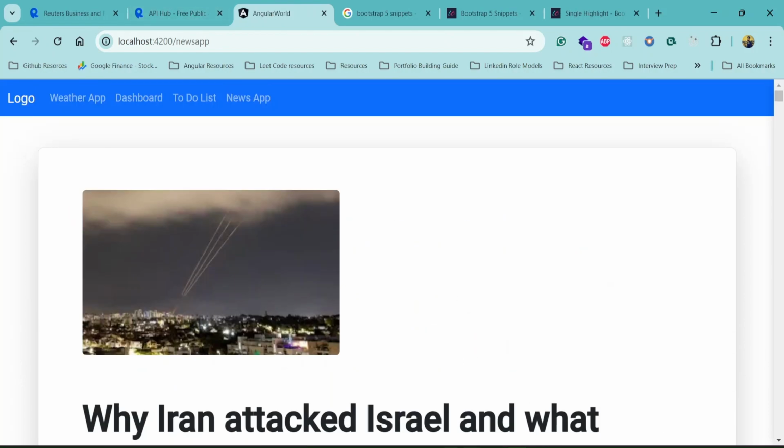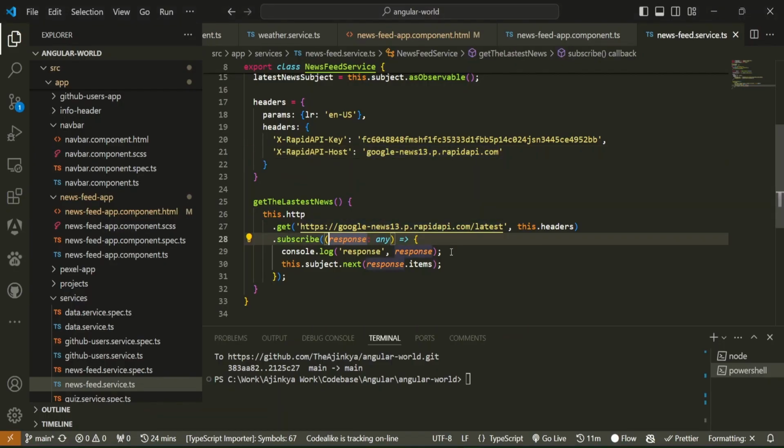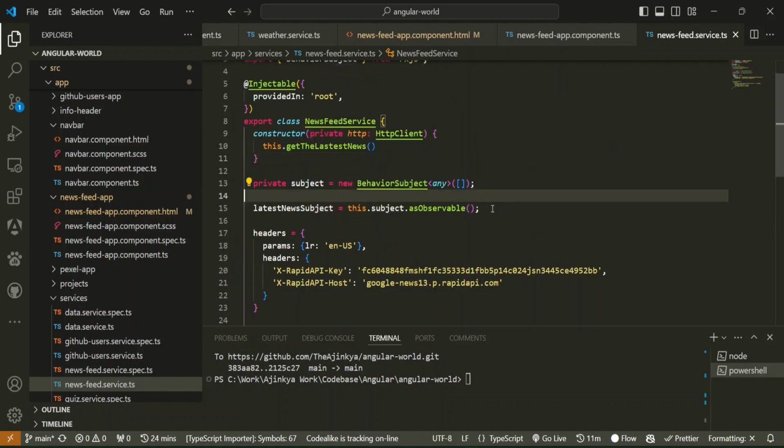And once you subscribe to it, you just have to pass it to that subject instance through this next method. Whatever response I'm getting, I'm assigning it to the subject observable. Now the second thing is that we have to convert this